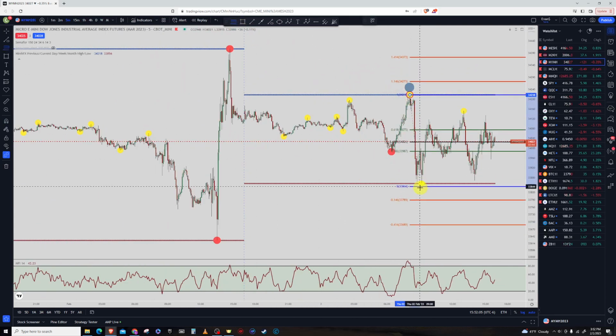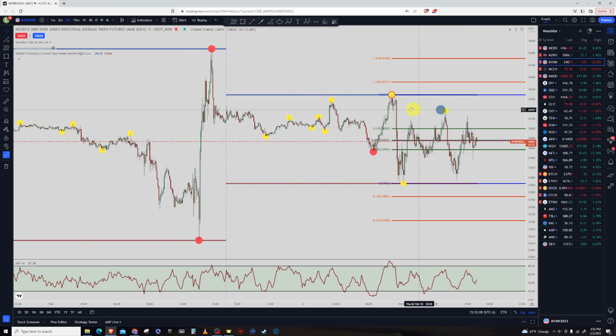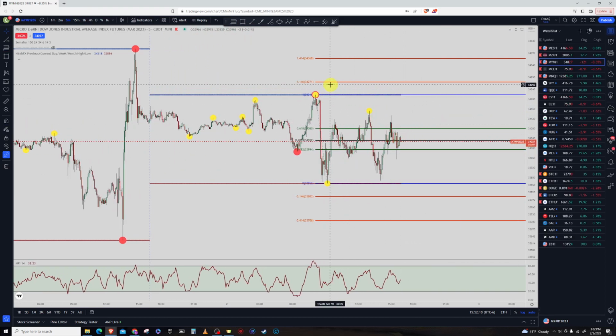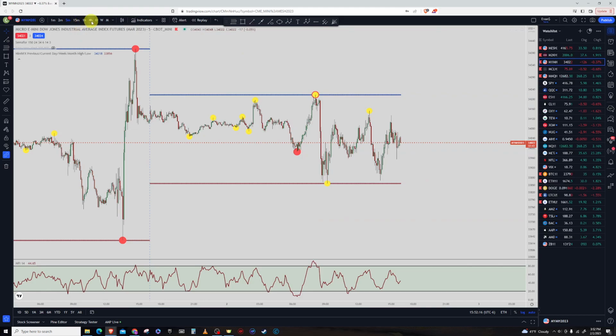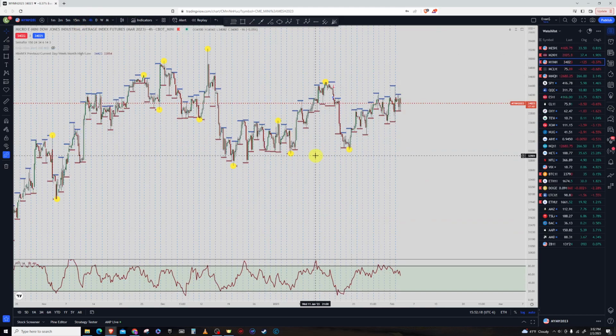And then if we look at the targets we're looking for tomorrow, where it currently is, for an up day we're looking at least 34,271 to get hit, and for a down day, 33,803 to get hit. Going over here to the